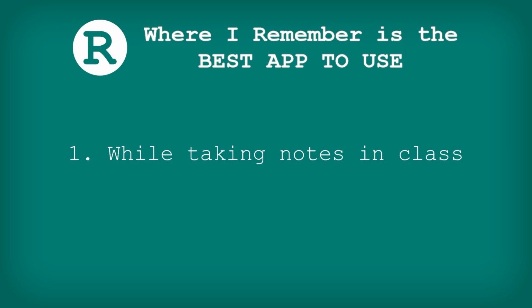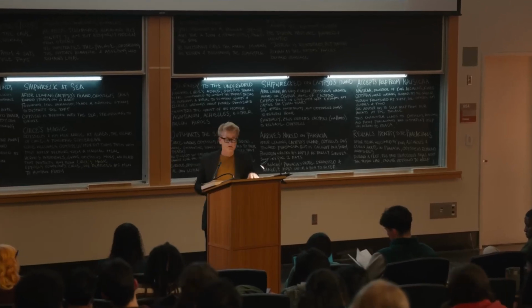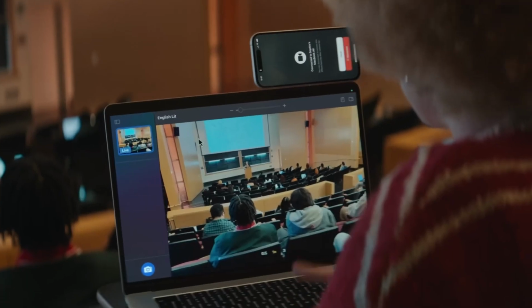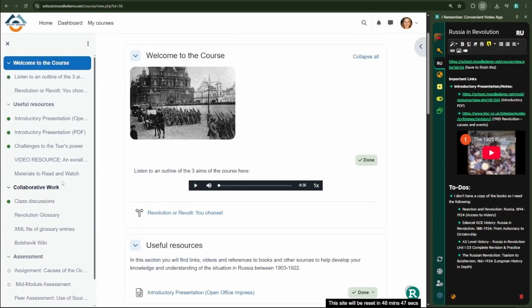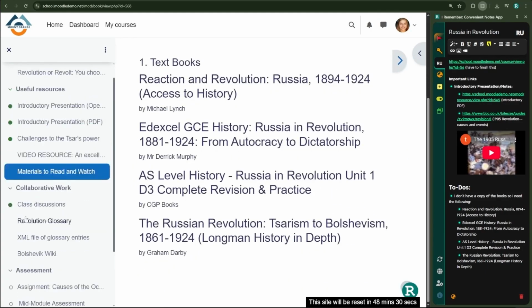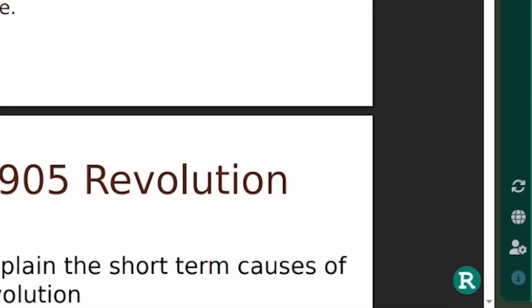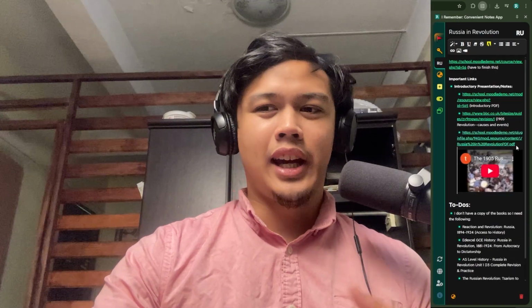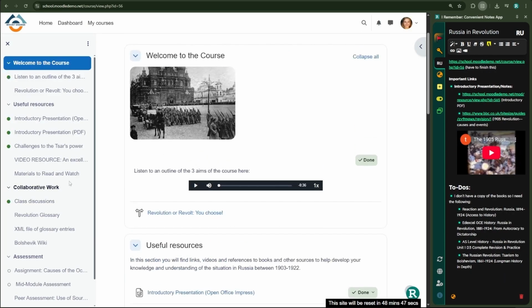So, while you're in class, your professor is talking, there's a pretty big chance that you have your laptop out with your class material, assuming that's the type of class that you're taking. Presumably, your school likely has its own school dashboard, like I do here. In that case, simply click the R button in the bottom right corner, or if you prefer, use the side panel, and you can start writing notes within the scope of that website. So the next time that you visit that website, your school's website dashboard, your notes will be waiting there